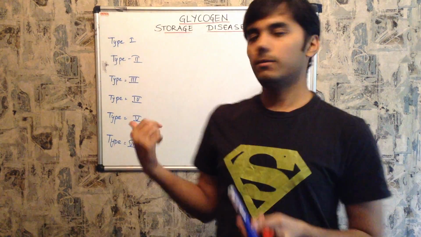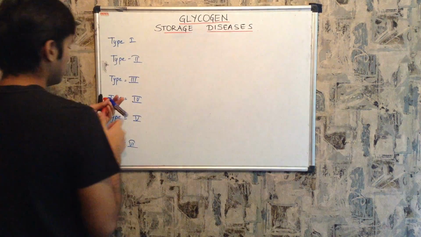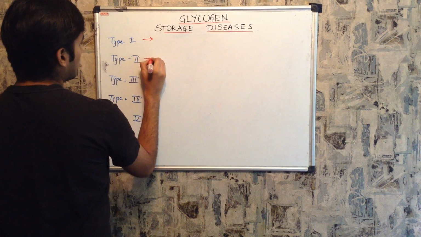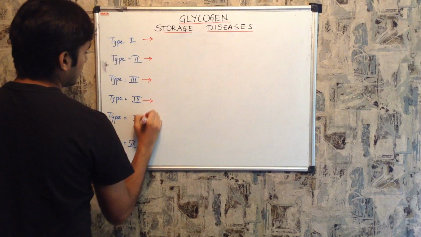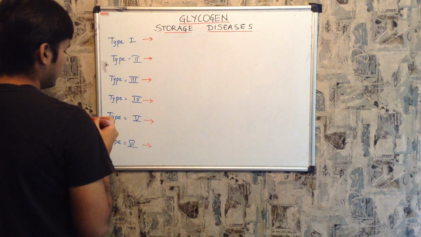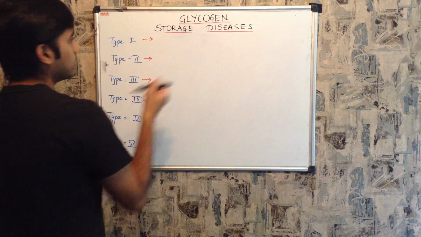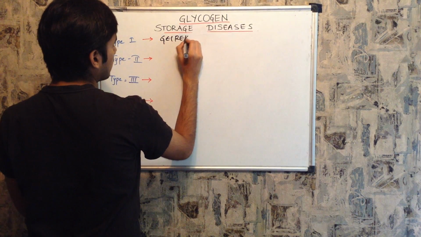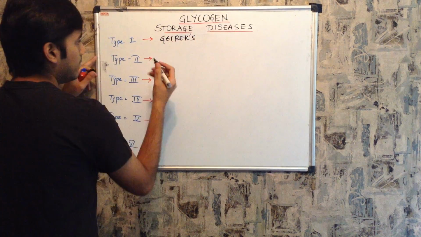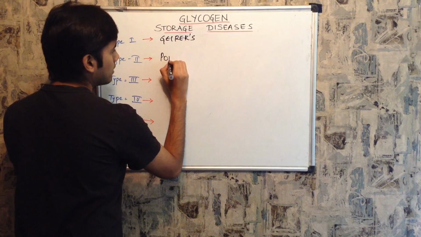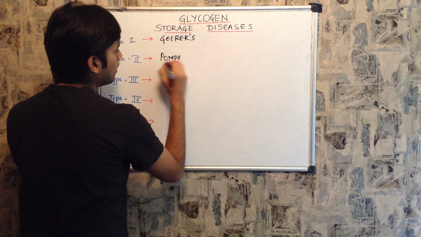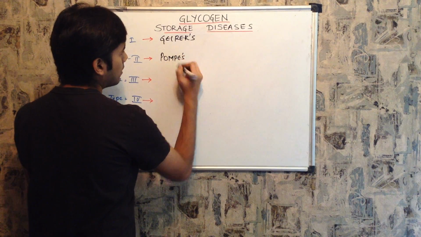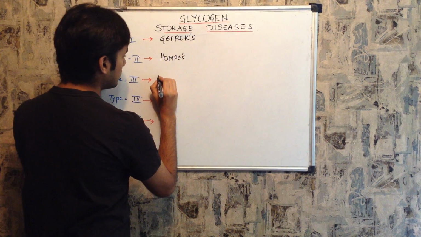So there are 6 types of glycogen storage disease. What is type 1? As I told you, type 1 is Gierke's disease. Type 2 is Pompe's disease. It is named after a gentleman who discovered this disease. Type 3 is